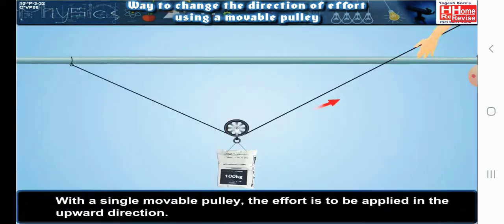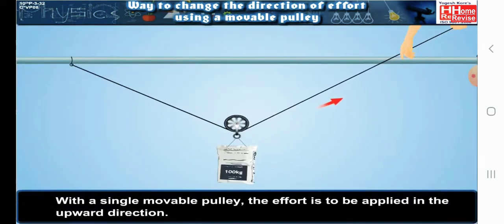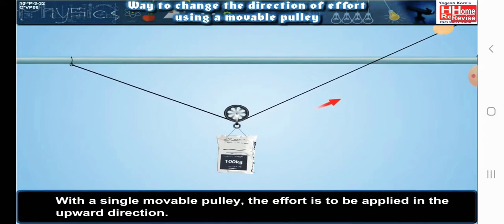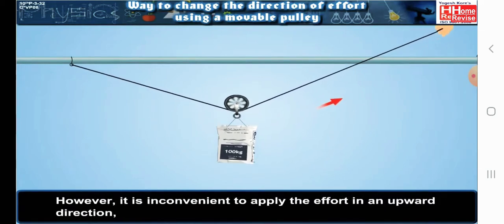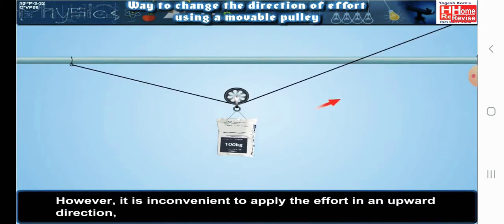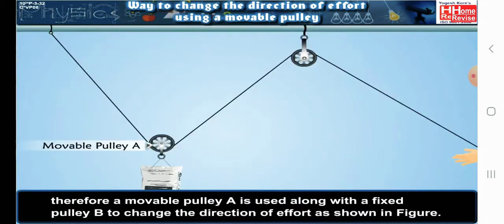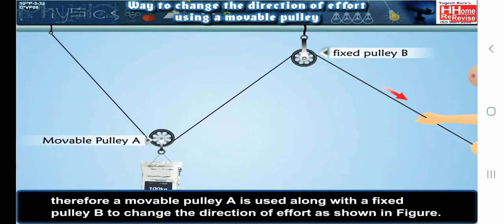Way to change the direction of effort using a movable pulley. With a single movable pulley, the effort is to be applied in the upward direction. However, it is inconvenient to apply the effort in an upward direction. Therefore, a movable pulley A is used along with a fixed pulley B to change the direction of effort as